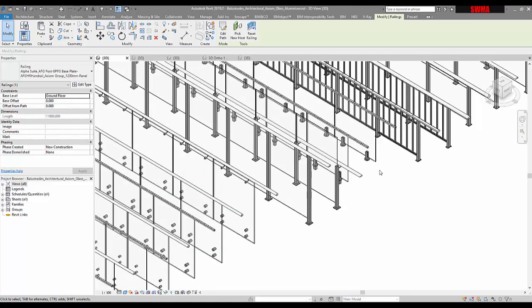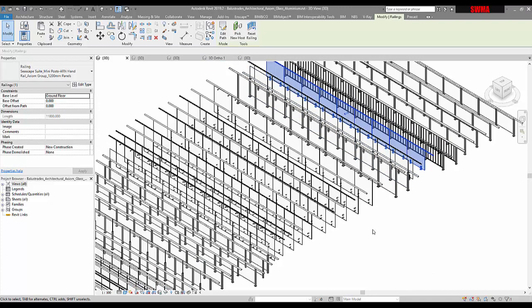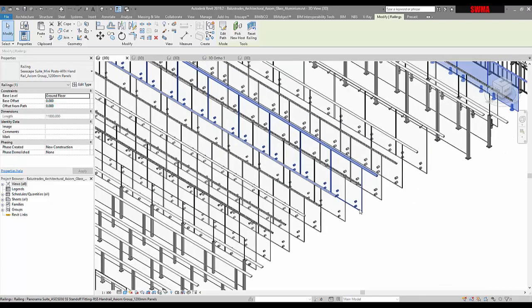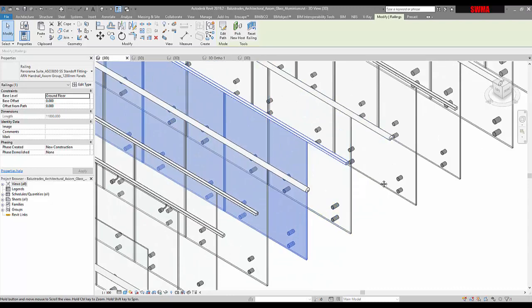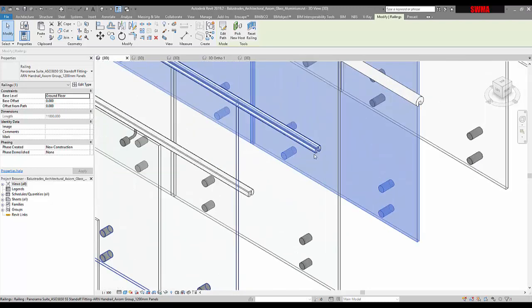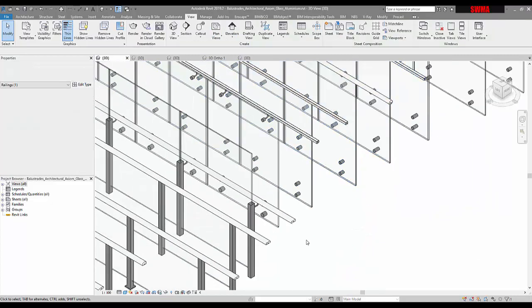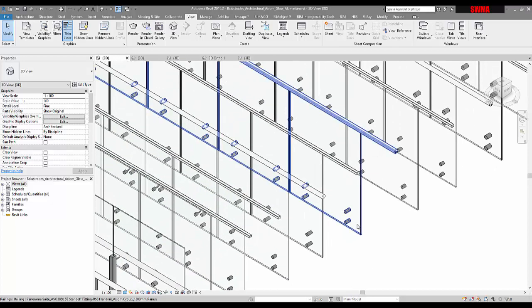If I wanted to do something like a pool fence, I could just grab some of this and put it in the space. So here you can see there are some interesting designs in terms of how the glass balustrade handrail could be fixed to your project, and then a bit more detail on the handrail types and the fixings. So I could grab one of these, I'll grab this one here, for example,